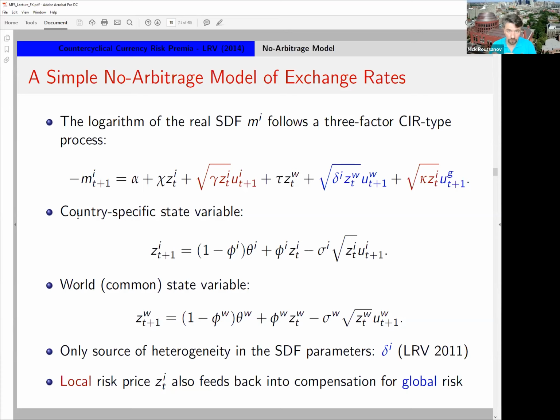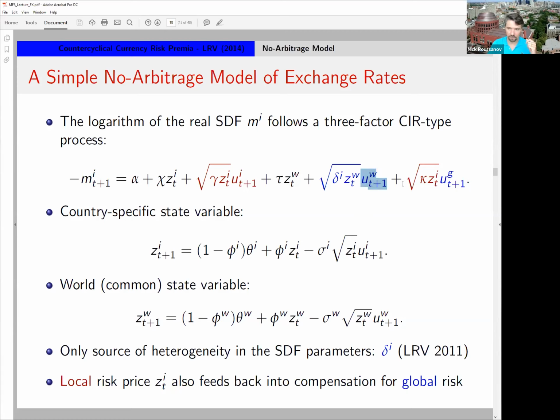And number two, remember, we uncovered the factor structure in currency returns, as Adrien talked about, which means that there is a large global component that is shared by exchange rates and therefore stochastic discount factors of all the currencies in our sample that seems to by far dominate the variation in exchange rates. And Adrien has another nice paper that he didn't talk about that goes more deeply into that factor structure.